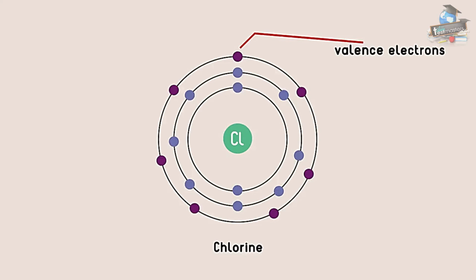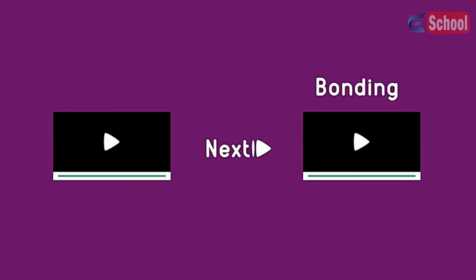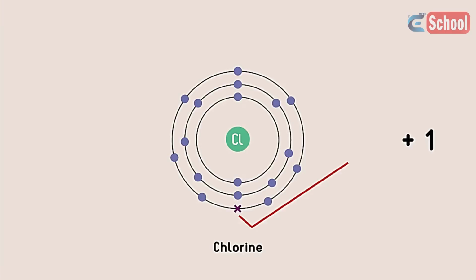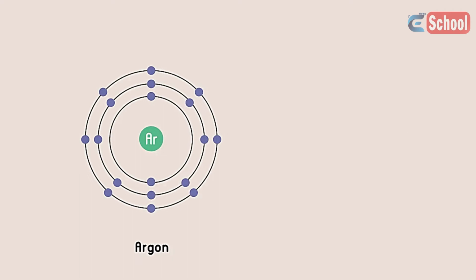Atoms can bond as long as there is space in their outer shell to fit in more electrons. After this video, you may want to look at our video on bonding. Chlorine has space for only 1 electron to fill its outer shell. It now has the electronic configuration, the same number and arrangement of electrons, as argon, a noble gas, but it's